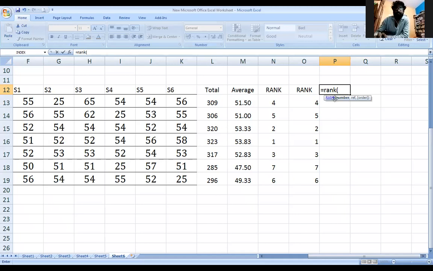Say this RANK. In the rank we come across a number. If you give the ascending order, you get one type of rank. If you give the descending order, you get another type of rank. The person who has got the highest marks will get the first rank, and the person who has got the second highest marks will get the second rank. Or you can go for ascending, descending.